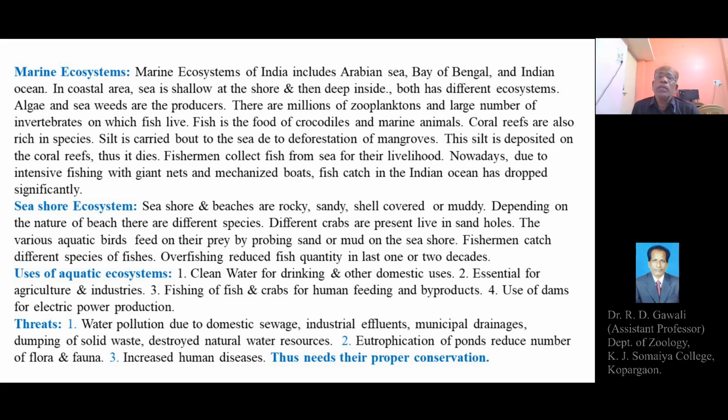So due to the increased productivity of the pond from the large quantity of nutrients,